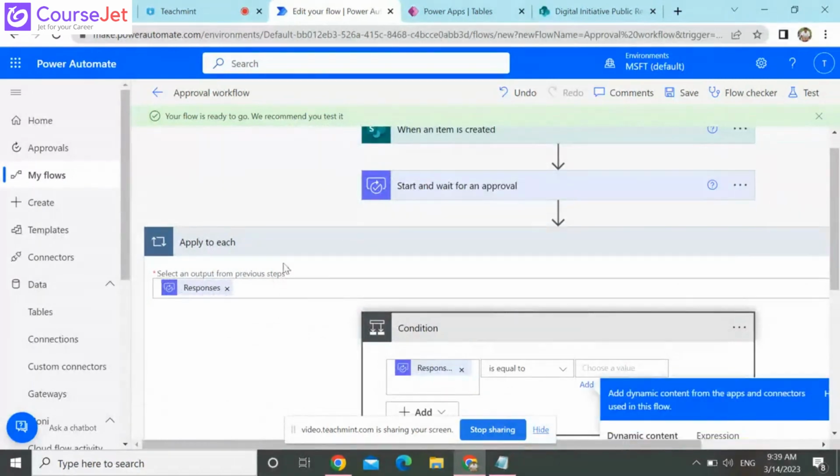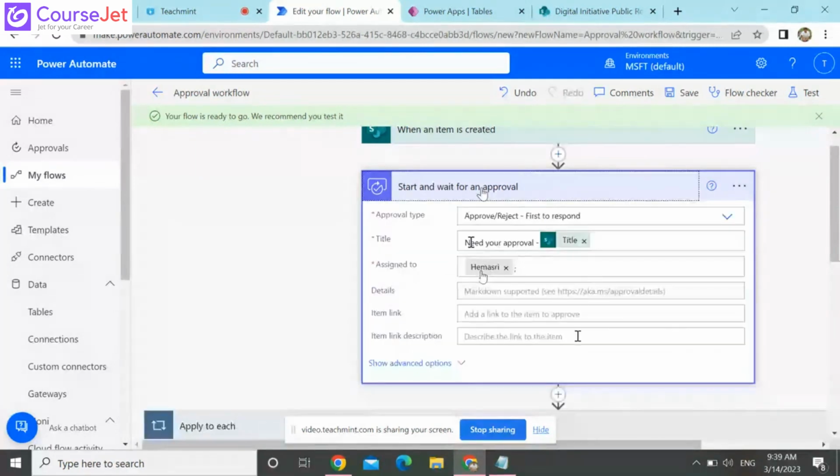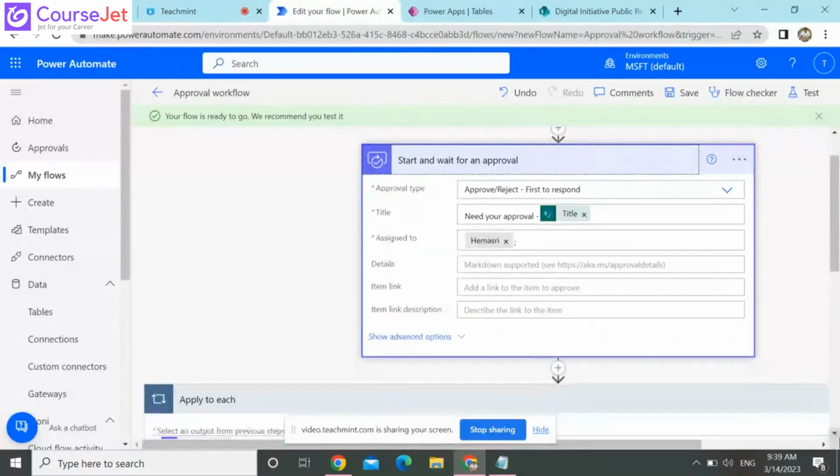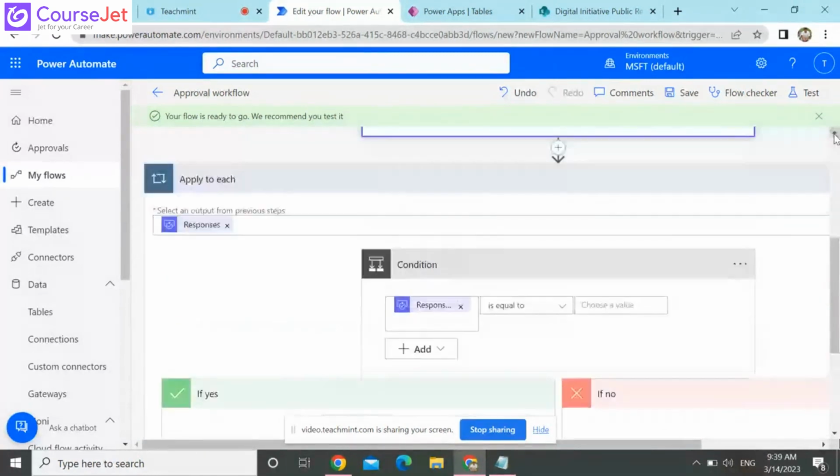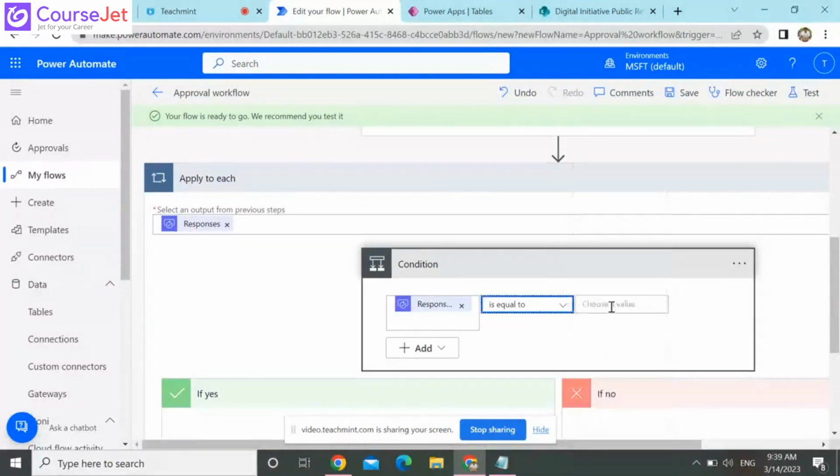If there are n number of approvals, like we have selected only your name. Say for example there are 3 to 5 approvers, and for each approver there may be multiple responses, right? That's why it automatically created apply to each. It's something similar to a for loop. For each response it will pass this condition. If the response is approved,